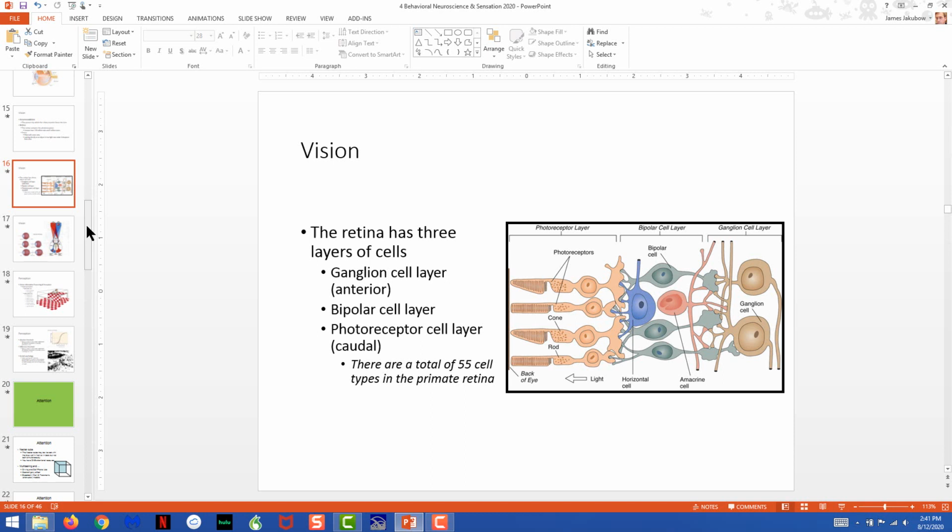Now, one of the things about the ganglion cells that you should be aware of is that whenever light affects a cone, the cone will be connected to one and only one ganglion cell. And that ganglion cell will go back to the brain and identify specifically where a point of light had occurred. Rods, on the other hand, are wired together. Multiple rods are wired together to a single ganglion.